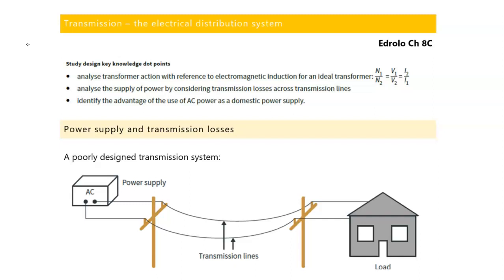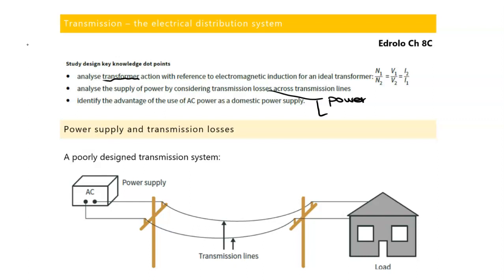These style of questions, we need to be able to do a few things. Number one, we're looking at this through the lens of transformers. We're going to be looking at how we can actually use a transformer, or multiple transformers, I should say, to reduce power losses. That's the main purpose of what we're looking at here. We're going to be looking at losses across transmission lines, so that's going to be through the lens of power losses